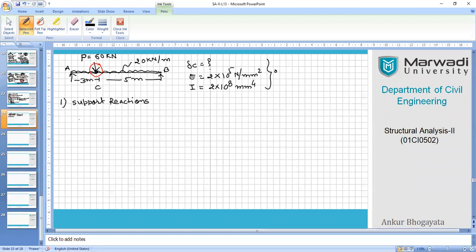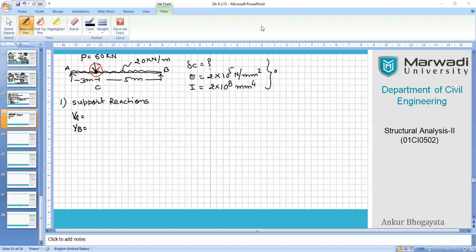So now let's go ahead and calculate the reactions. I need an answer from your side first of all. So start working on that and give me the value of VA and VB in terms of P, right? So include 20 kilonewton per running meter as it is, and include P as the force itself. So your answer will be a combination of a numerical portion plus a constant portion of P. So you start working on that first, and as soon as you are done, you raise your hand.